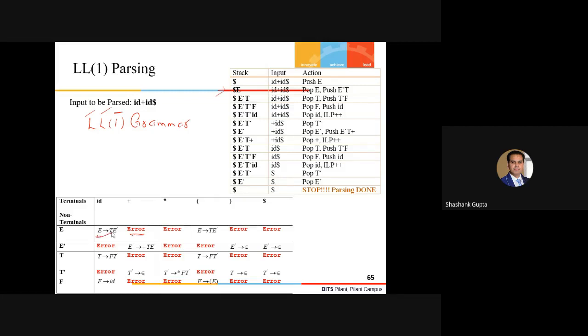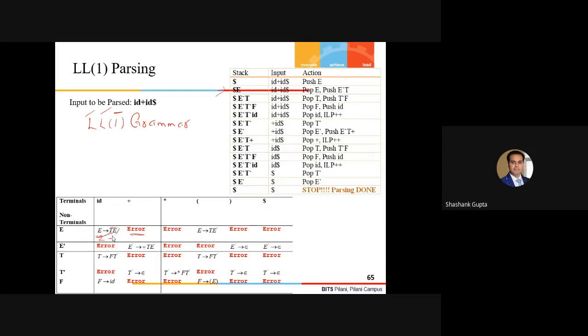At a certain point, if under one single entry I am getting a second production also, that means here is an ambiguity. The parser doesn't know whether to pop this symbol and push this right-hand side or the next right-hand side.